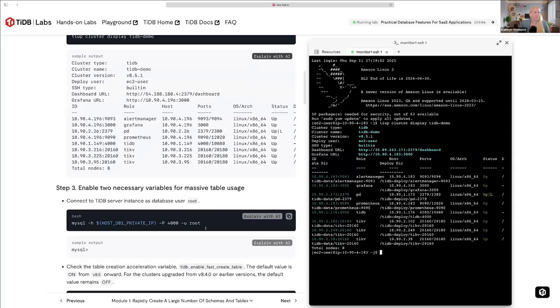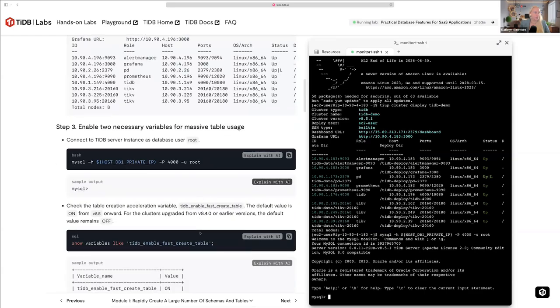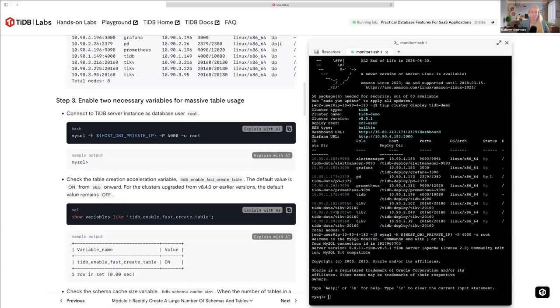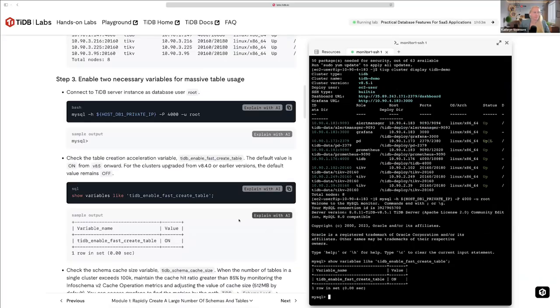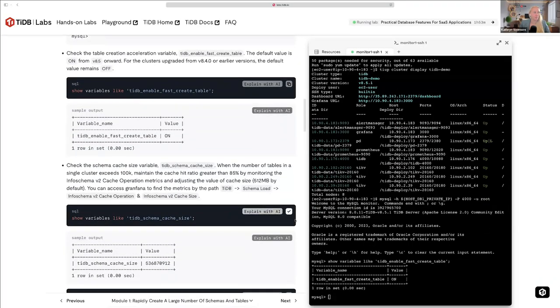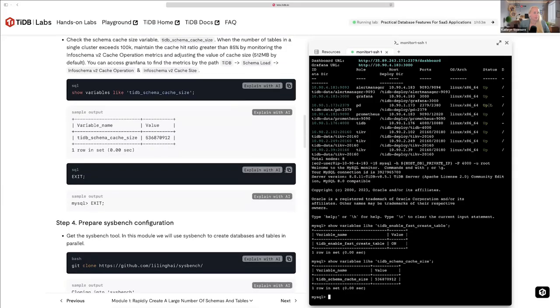Next step, we're going to connect to our database there. And we're going to enable some fast creation variables. So this is the first one, TiDB enable fast create table. Good to go. And I'm going to also look at schema cache size. I want it to be fairly significant for us for this endeavor. All right, with those 2 variables looking good, we're going to exit